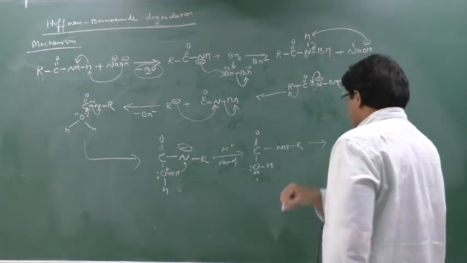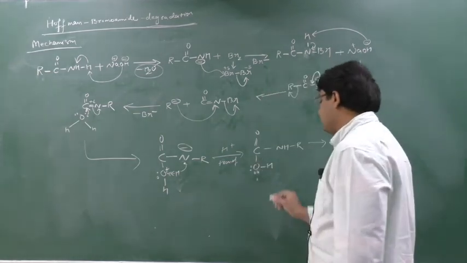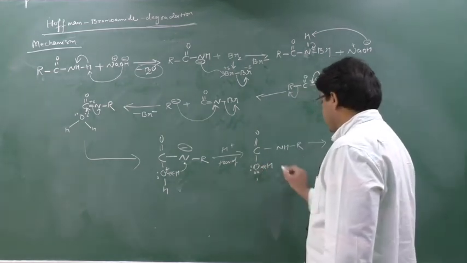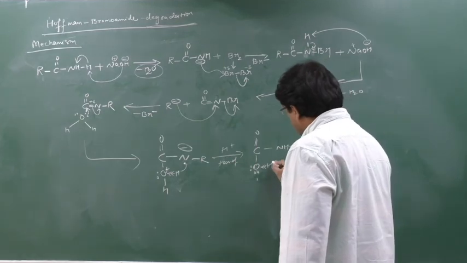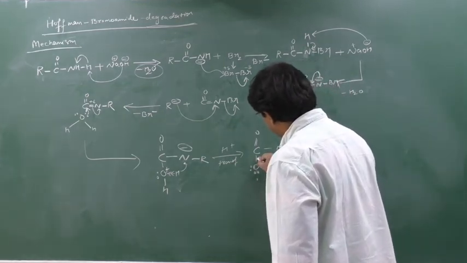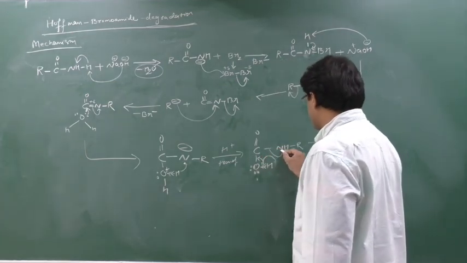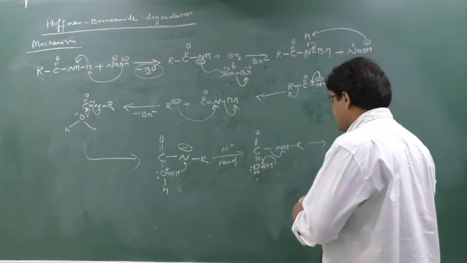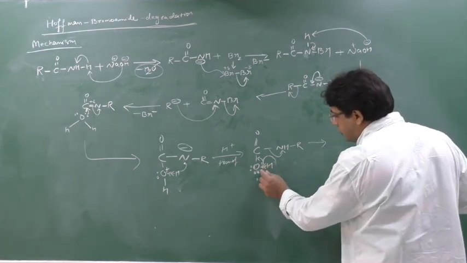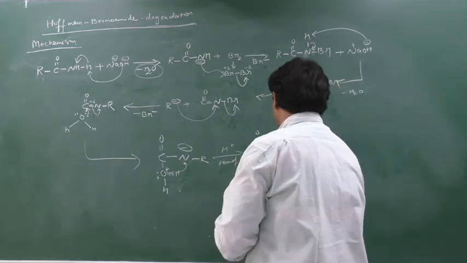Second case. Oxygen and hydrogen. So oxygen is a more negative element, so electron will be attracted towards the oxygen. It will create the partially positive charge. So hydrogen will release as H plus. So this bond will shift here. So to make a new bond with this oxygen, nitrogen has to break this bond with this carbon. This nitrogen will shift its electron towards itself. So this bond will get broken. This bond will get shifted towards this oxygen, or easy way I will show.